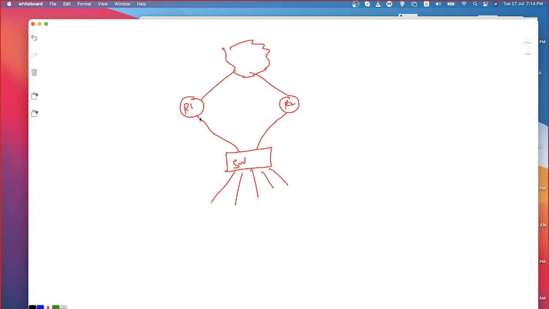As we had the discussion, router 1 and router 2 are supposed to be configured with a unique IP address. Let me say 10.1.1.2. Router 2, I'm configuring it as 10.1.1.3. This is the IP address I'm configuring. All my internal network PCs are configured with an IP address of 10.1.1.0/24. Some of the IP addresses, it cannot be 1.2, it cannot be 1.3. Now, what would be the default gateway?